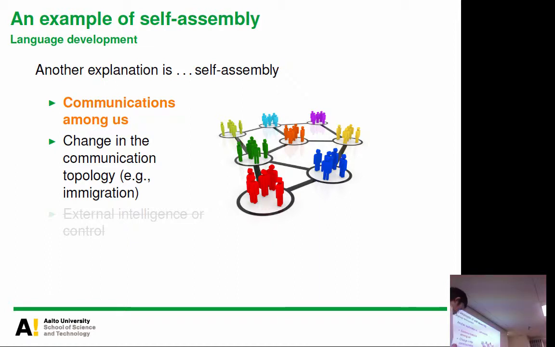But the key point is that nobody else is seeing us from outside of these worlds to say, oh, you have to understand this English grammar should be like this or that. Nobody can say such things to this communication. So the key point is that just agents, in this case human beings, just communicate with each other, but actually there are no external controls which control the behavior. Okay? So this communication is very local. There is no global control. That's the key of self-assembly.